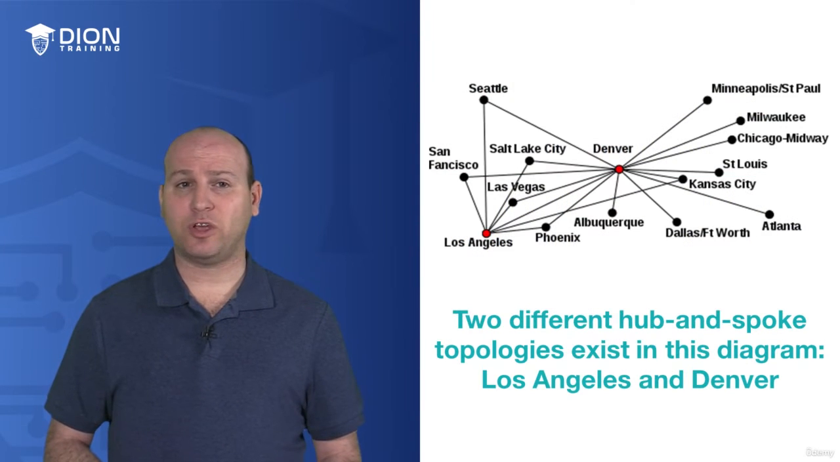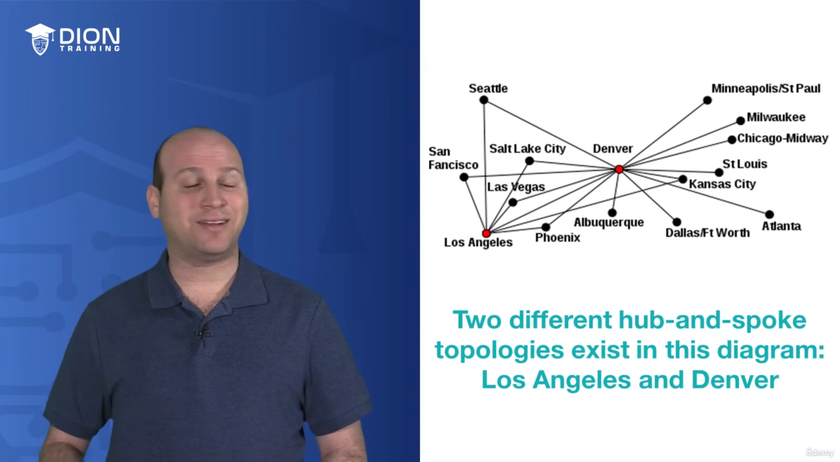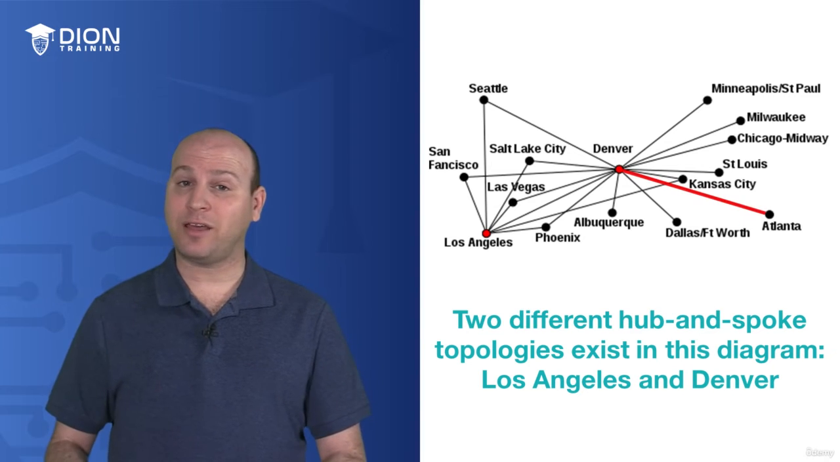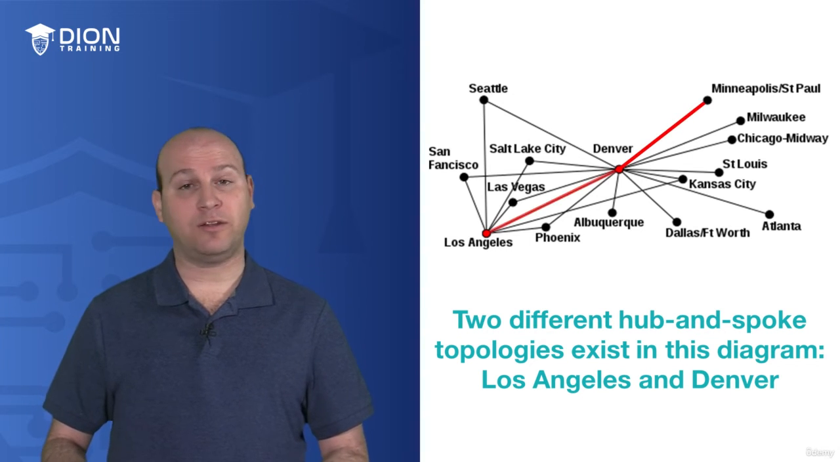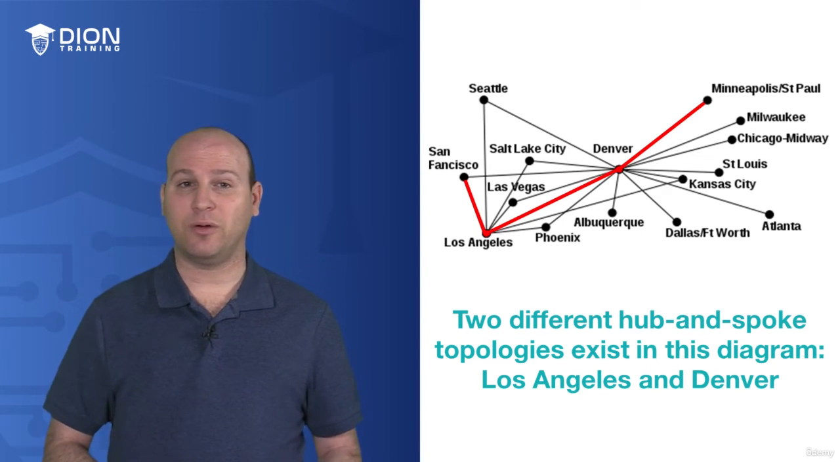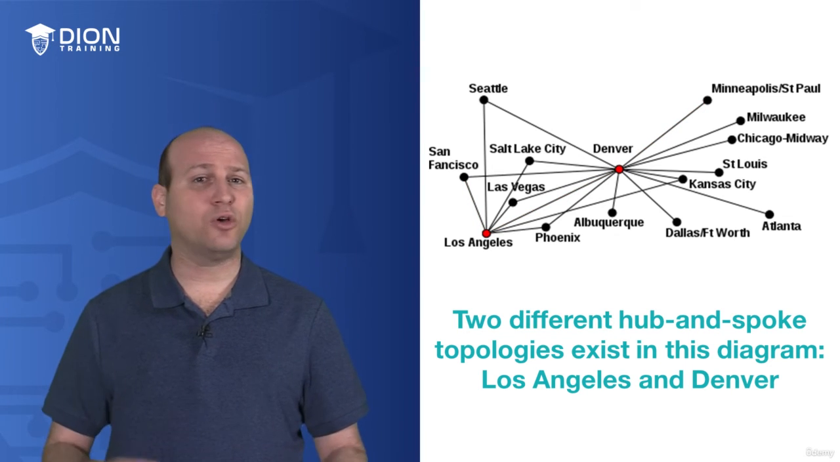So as you can see here on the screen, I have Denver and Los Angeles as the hubs in my network, and everyone else is going to be a spoke. So if I wanted to go from Atlanta to Seattle, I have to go from Atlanta to Denver and Denver to Seattle. Now, if I wanted to go from Minneapolis to San Francisco, I could go from Minneapolis to Denver and Denver to LA and LA to San Francisco. No matter which way I go, I have to go through either LA or Denver because those are the hub